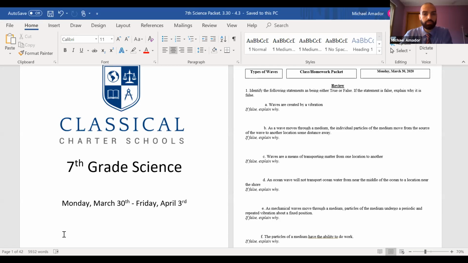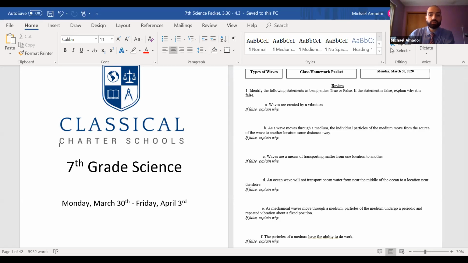Okay, so what do the particles do? Instead of going from one place to another, what do they do? Tanzel had his hand up. All right, we'll give Jessica a little bit of time. Think about it for a second. I think they like, I don't know. Okay, Tanzel, let's help our classmate out here. What do you think, Tanzel? The particles vibrate in a fixed position.